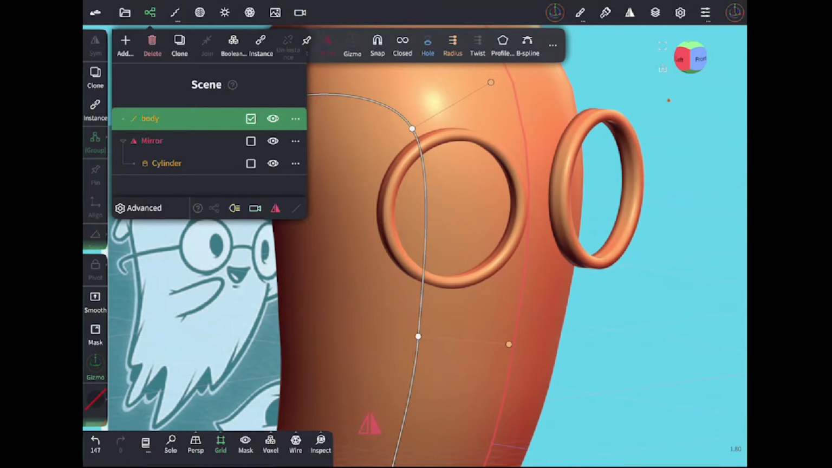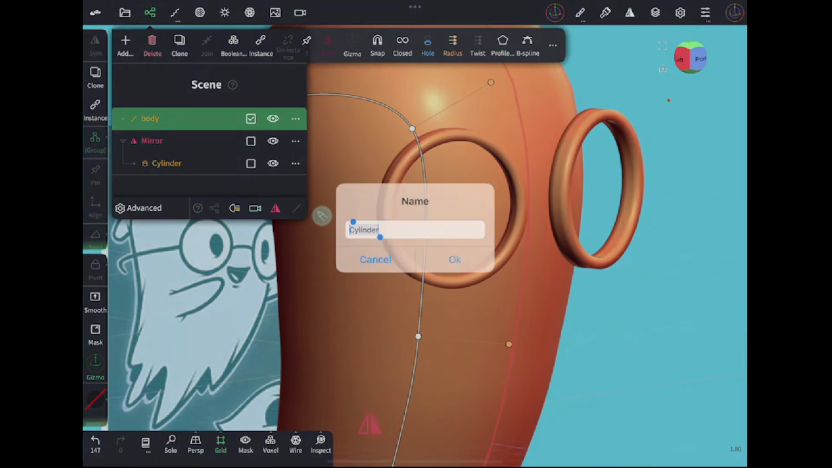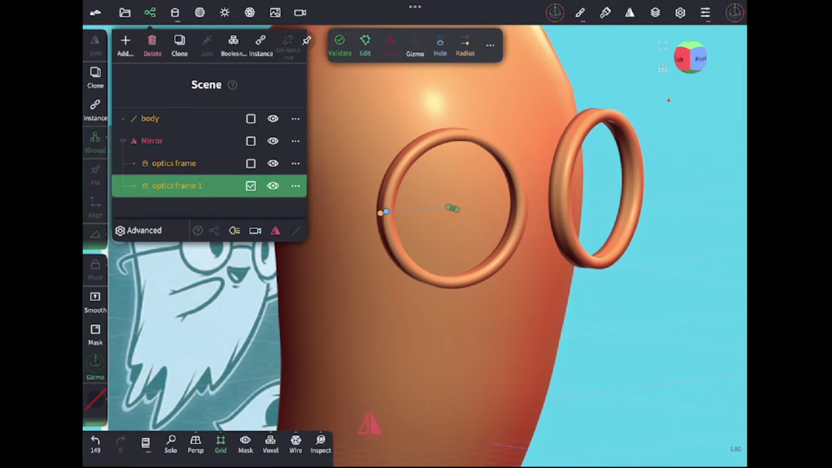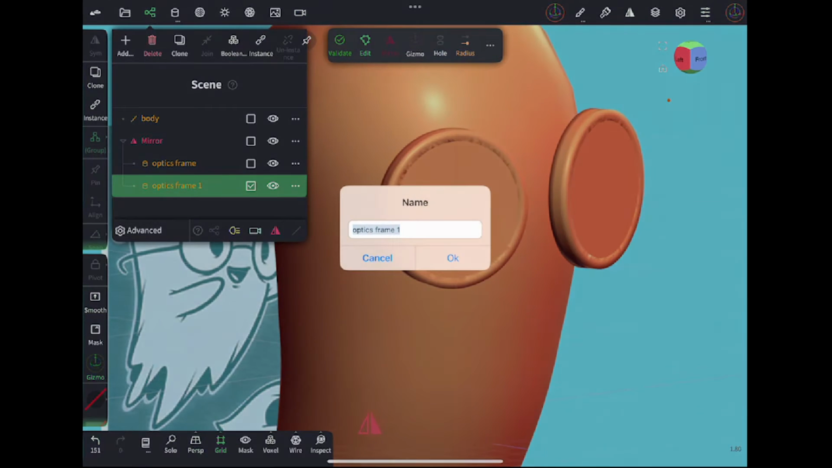Let me just rename them because that helps me. This is the optics frame. So I can clone this. Suddenly I get a cloned version of that with the history on it. So I turn off the hole for this, and this is optics glasses,